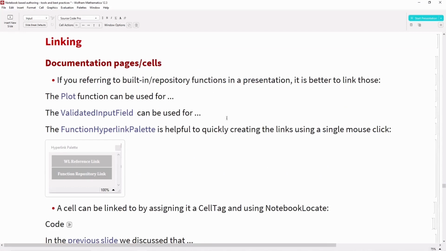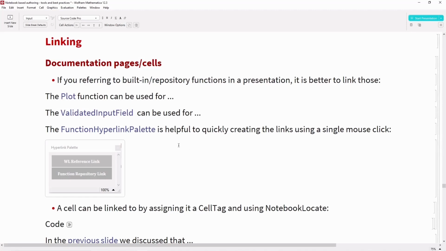If you are referring to any relevant documentation pages or functions, it is also good to link those functions. So here is an example of how we have linked the Plot function to its web page. Similarly, ValidatedInputField is a resource function, and we have linked that as well.